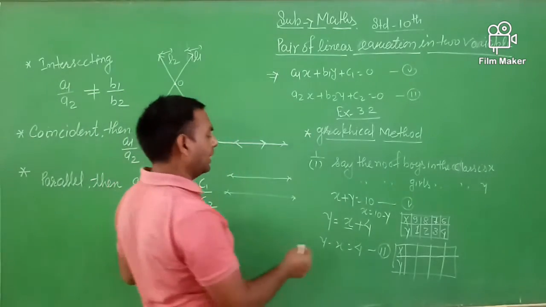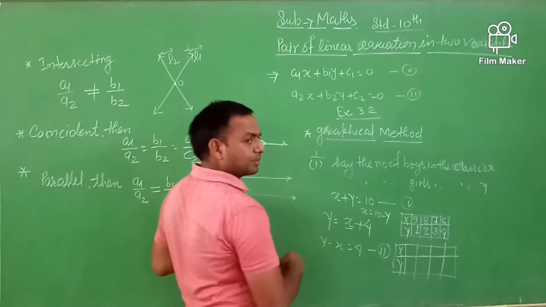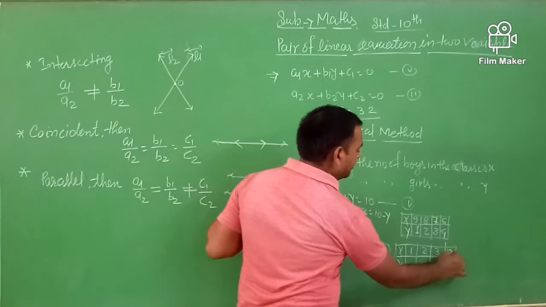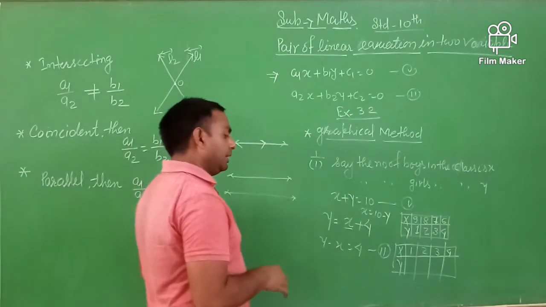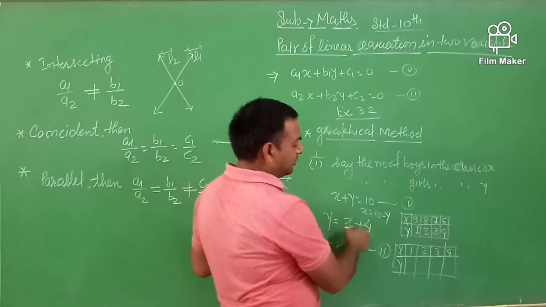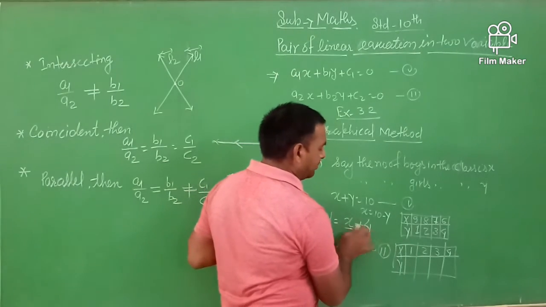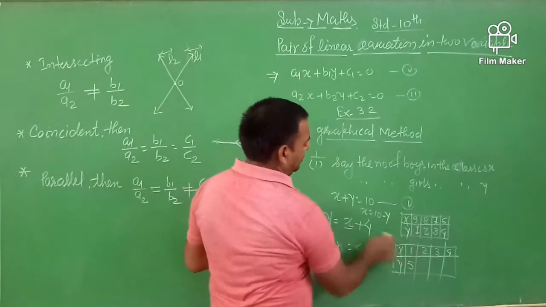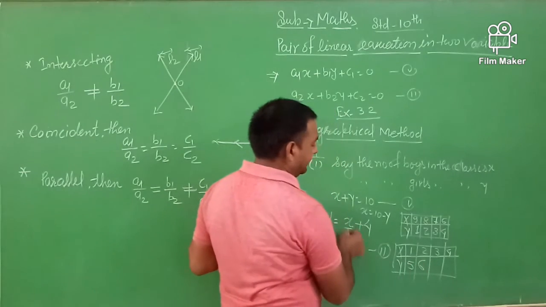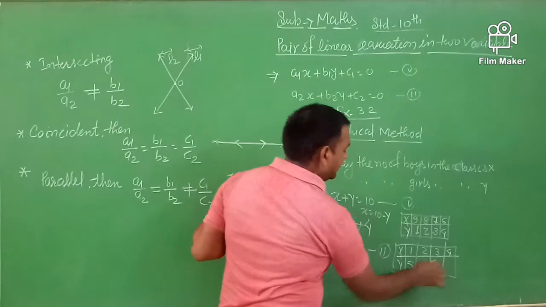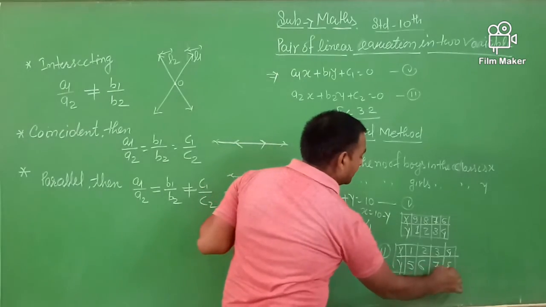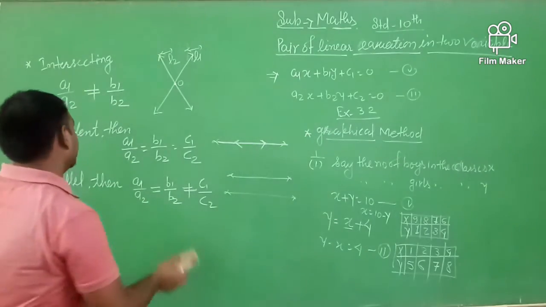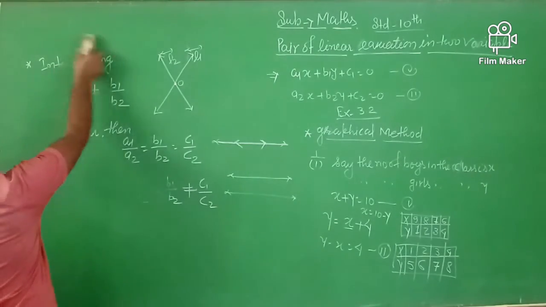Similarly for the Y, here you see Y is equal to X plus 4. So I put the values of X here, 1, 2, 3 and 4. If X is equal to 1, then Y is equal to 1 plus 4, it is 5. If X is equal to 2, 4 plus 2, it is 6, 3 plus 4 is 7, and for 4, 4 plus 4 is equal to 8. Okay. So these are the 4 conditions of each of the equations given.